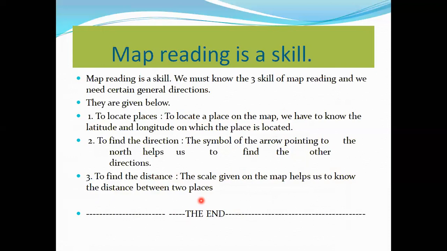These are the things we learned in this class, children. See what you learned. What is meant by a globe, the uses and features of the globe, what you mean by maps, the meaning of the map, features of the map, uses of the map, types of the map, the uses of reading a map, and skills of map reading. Symbols and geographical symbols. These are the things we learned in this class.